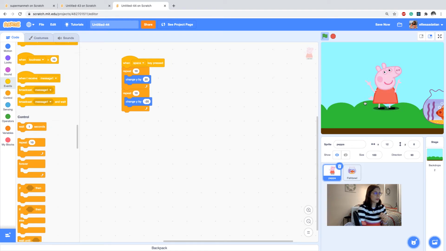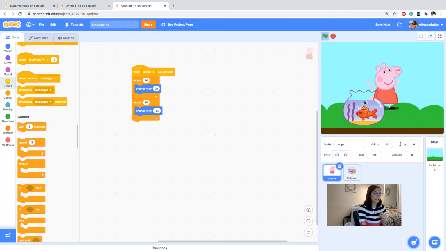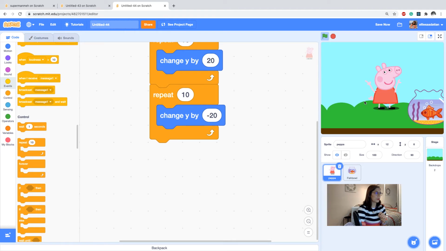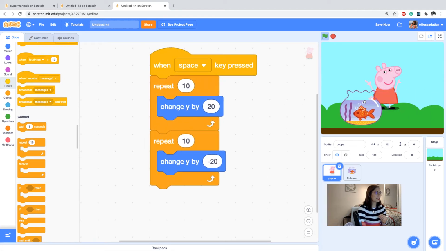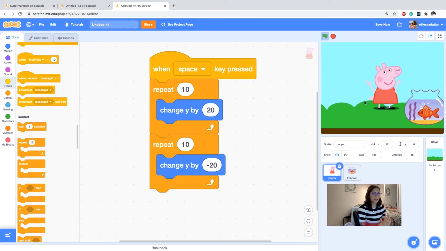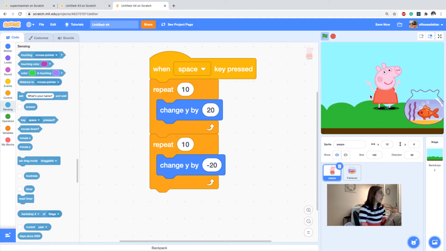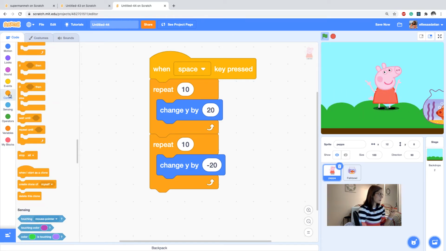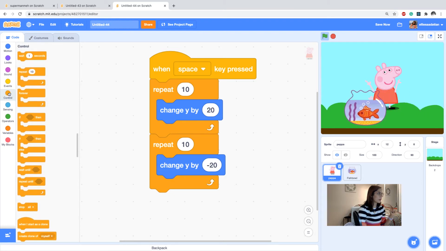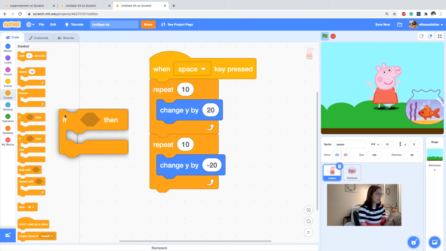I'm clicking on the Peppa again so that I can modify this a little bit more. So what I want is, when I press the space bar, Peppa jumps, but then the pig should try to go in the bowl. So how do I know it? Using sensing. So I would say when I put an if condition, an if then condition,